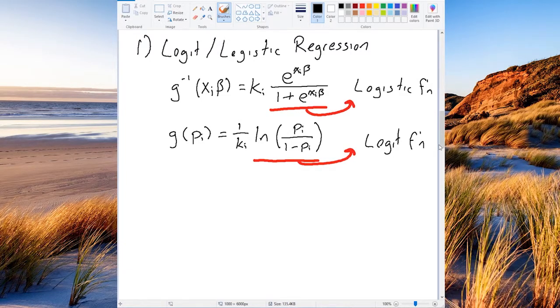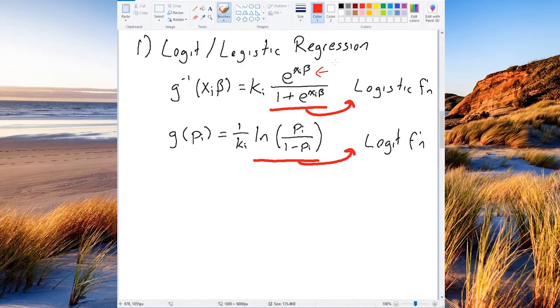So starting with the logistic function, let me bring back up my red here for a second. What is going on with that e to the xi beta? Well, e to the xi beta is going to grow pretty fast as xi beta grows. So if xi beta is negative, e to the xi beta is going to be 1 over the positive version of that negative number we've got. So e to the 0 will be 1, e to the negative 1 will be 1 over e,